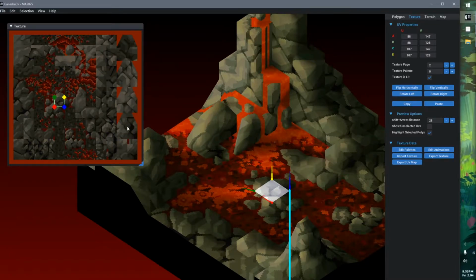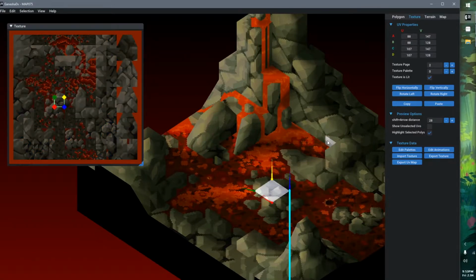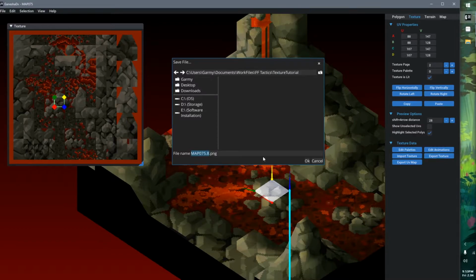You can see these rocks here and all of these rocks. It's the same image, but it's colored red. This is because a different palette is being applied. We'll talk about palettes in a moment. But first, I want to show you exactly what's going on with the texture. So I'm going to export this texture. It is called, by default,